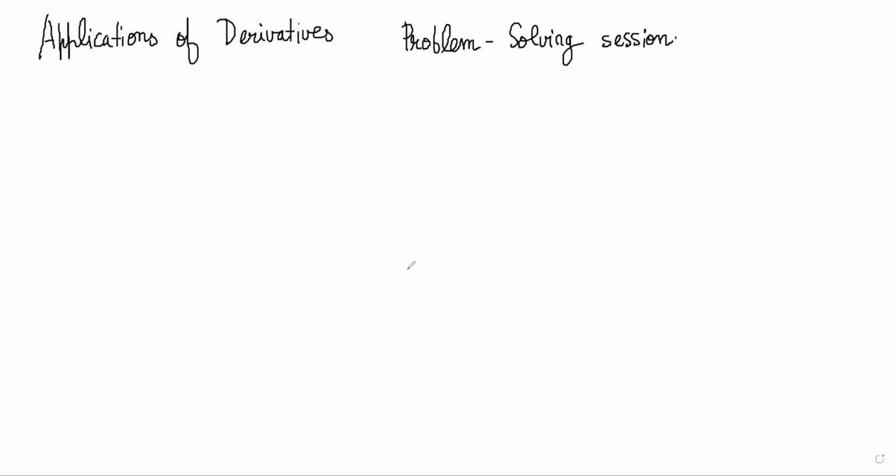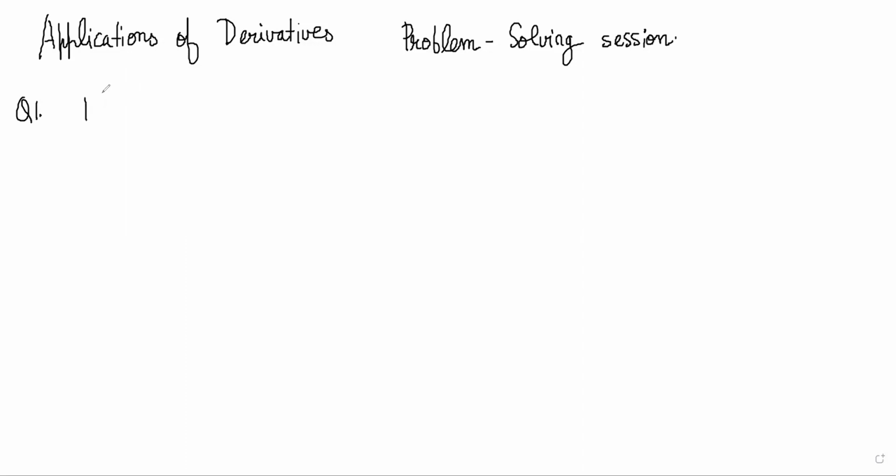So in this class, what we'll be doing is practicing problems for applications of derivatives. We have covered the basic theory in the last class, so we'll go ahead with solving problems here. Okay, I'll share the questions. The first question that we'll look at, does anybody have any doubts with what we have discussed before? Anything in this AOD?